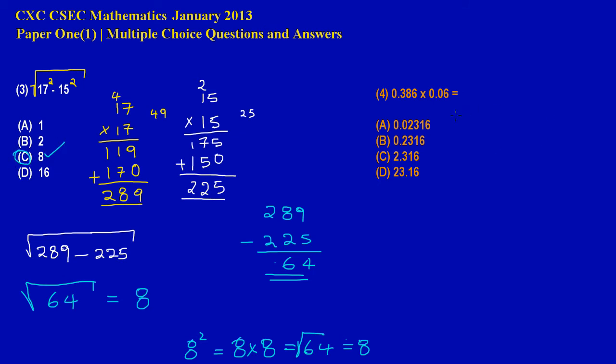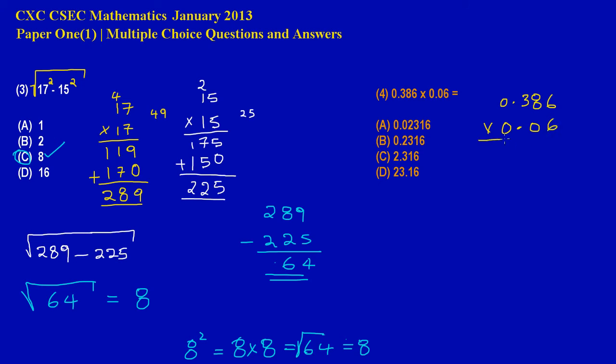Now quickly, let's move on to question 4. They're asking us now to find the value of 0.386 multiplied by 0.06. So basically, this is pretty easy again, my friends. Let's just quickly look at it. Here we have 0.386, and that is being multiplied by